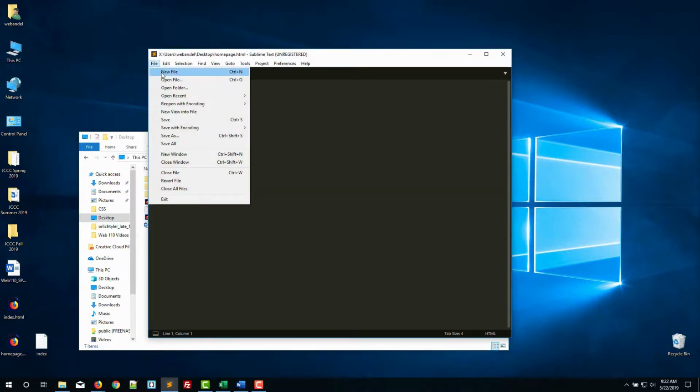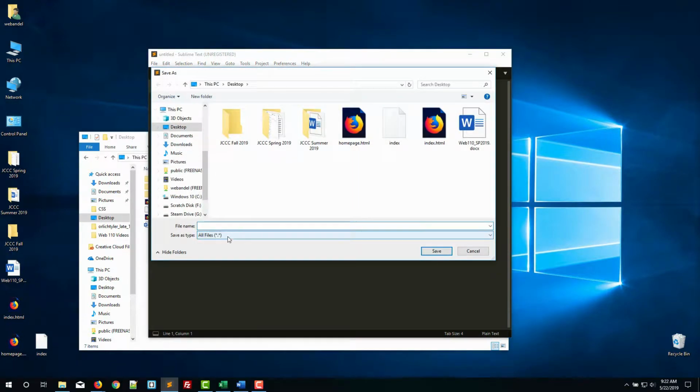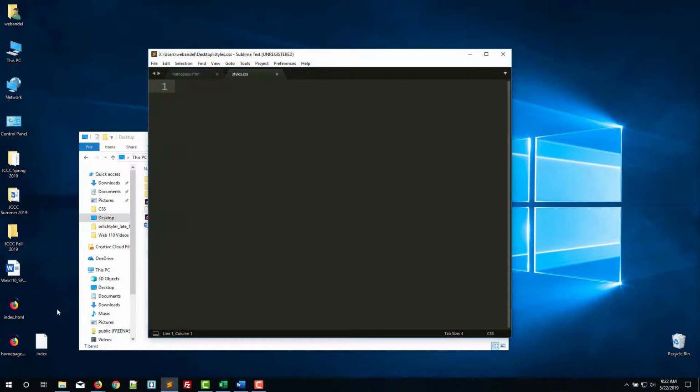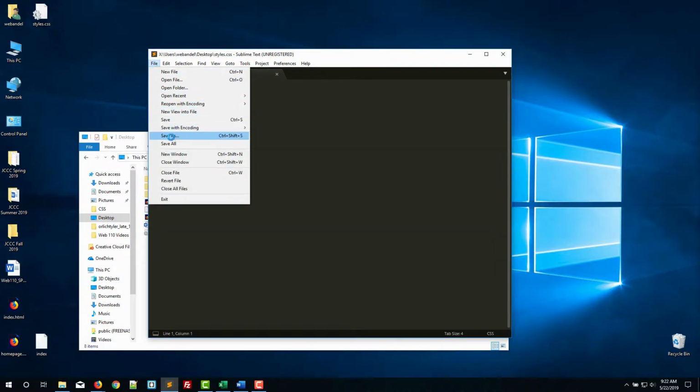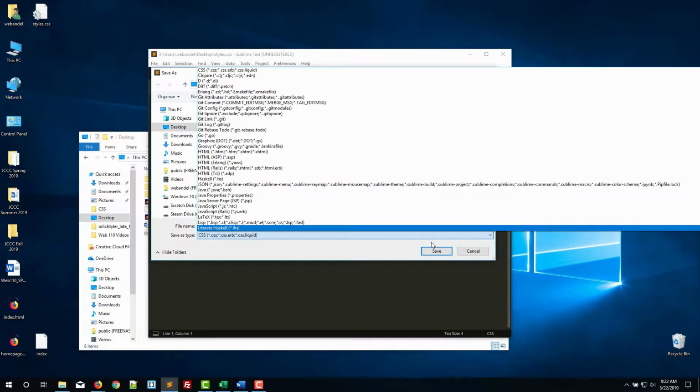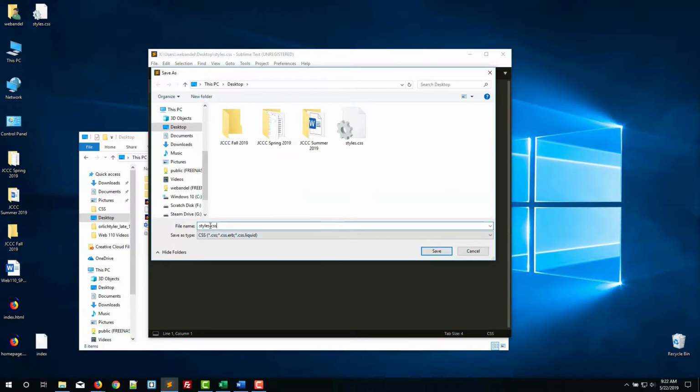We could do the same thing. I could create a new page, save as styles.css. And then once I save that, you should see an icon next to it that shows up in that extension name. So if for some reason choosing save as and using the save as type isn't working, you can type it in. What you want to avoid though is you don't want to have something like